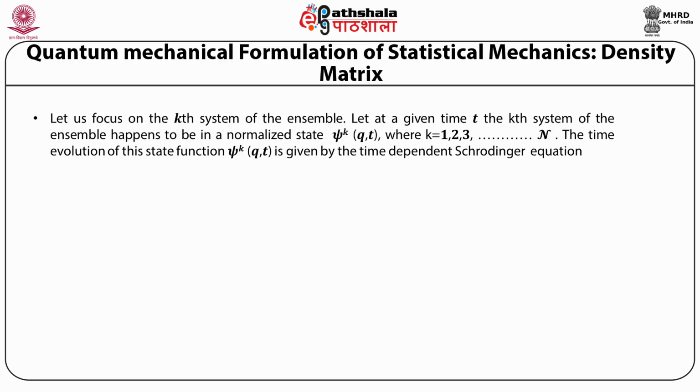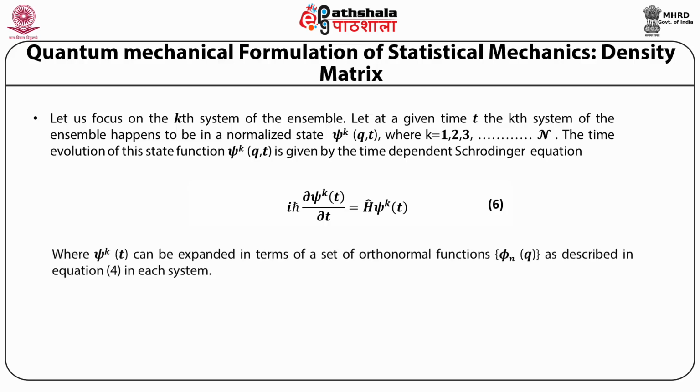The time evolution of this state function ψ_k is given by the time-dependent Schrodinger equation: iħ partial derivative of ψ_k with respect to t is equal to the Hamiltonian operator operating on ψ_k,